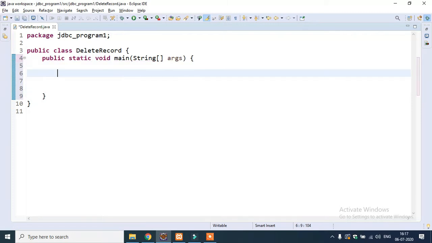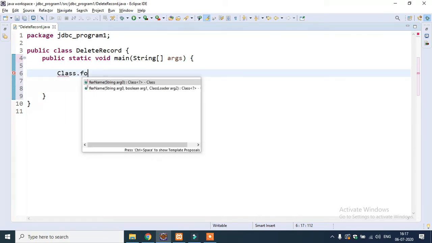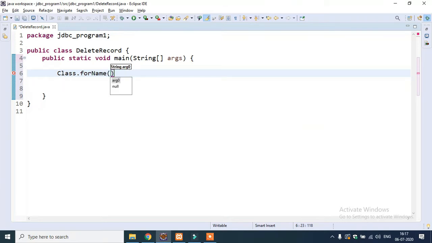Inside the main method, start with the first step, to import the driver class. Write Class.forName and give inside double quotes com.mysql.jdbc.Driver.